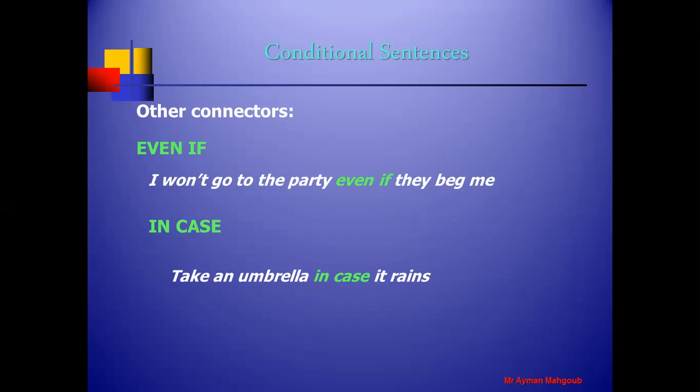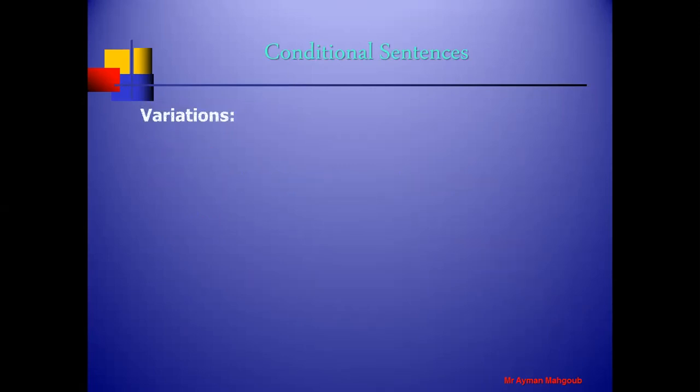Take an umbrella if it rains. Or take an umbrella in case it rains. نقول المعنى بسرعة كده الفرق ما بينهم. If it rains, take an umbrella. If it rains يعني إذا مطرت أنا هاخد الأمبريلا. لكن take an umbrella in case it rains يعني خد الأمبريلا يمكن الدنيا تمطر. Okay؟ يعني هنا take the umbrella can before raining ده مع in case. لكن مع if يبقى taking the umbrella will be after raining if it happens يعني. تمام؟